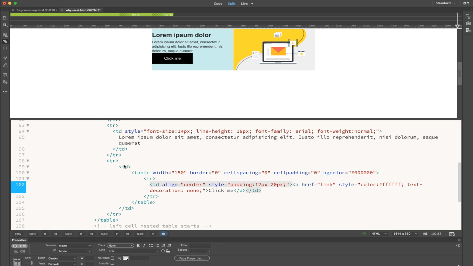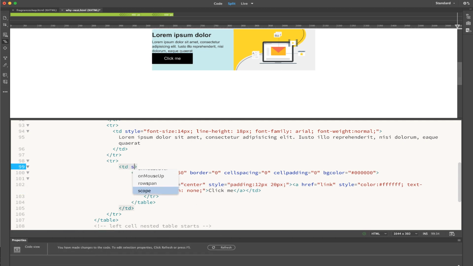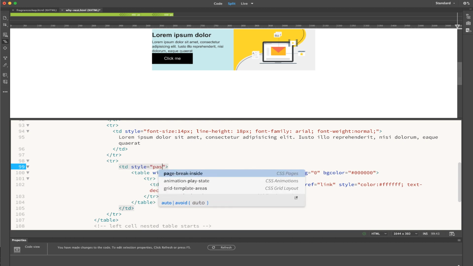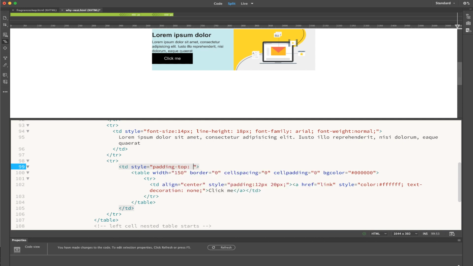Yep, something like that. And then we'll do padding top, style, padding, padding, yikes, padding top is equal to something like 15, maybe, go 12. Okay, and the button is a lot chunkier than I thought it would be, so maybe I'll do 10. And